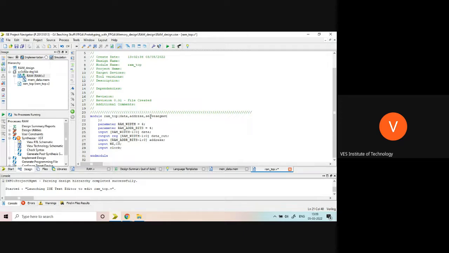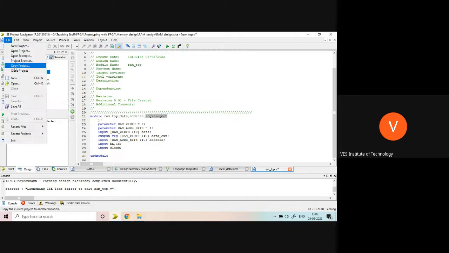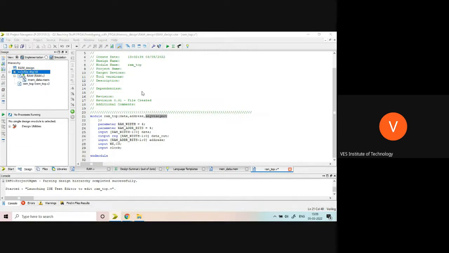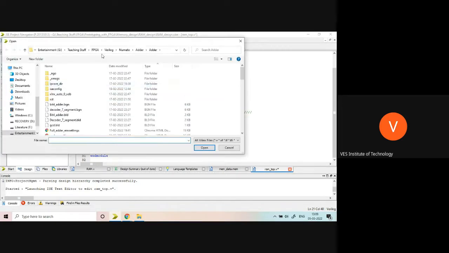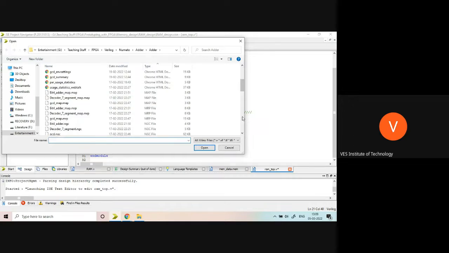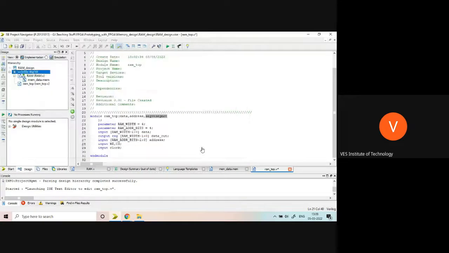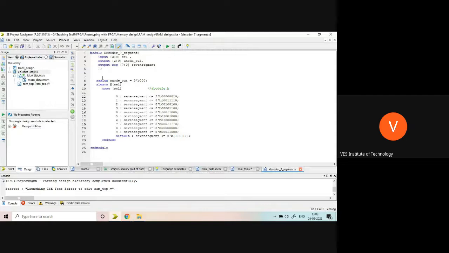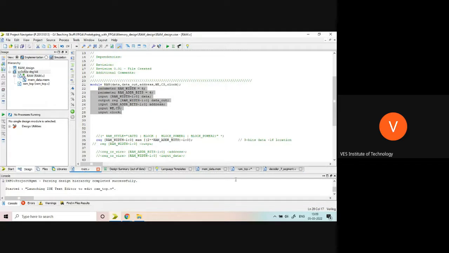I will show you the code. We have already written a code, so I will open that code directly. Just a minute. File, open. In the first lecture, we have written the code. You may use the same code. I have written a decoder code. You can see that. You all will be having the same code with you. I have shared this code on the drive also. So I'm using that code.